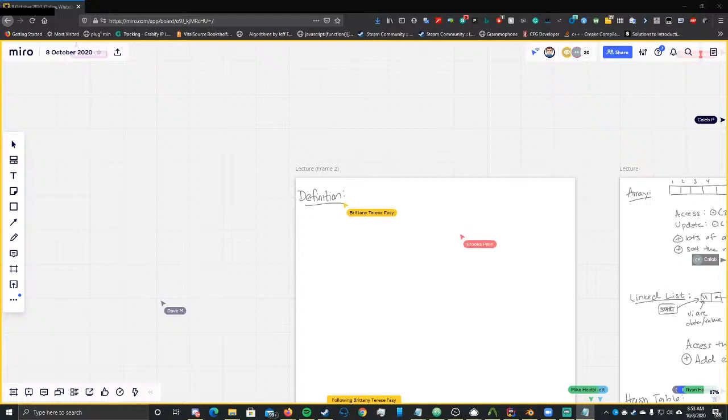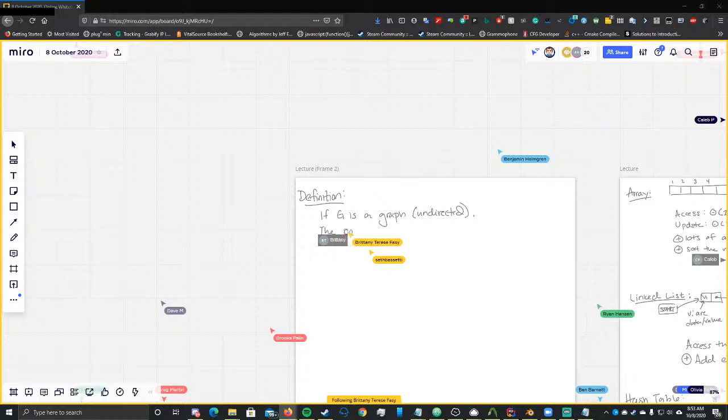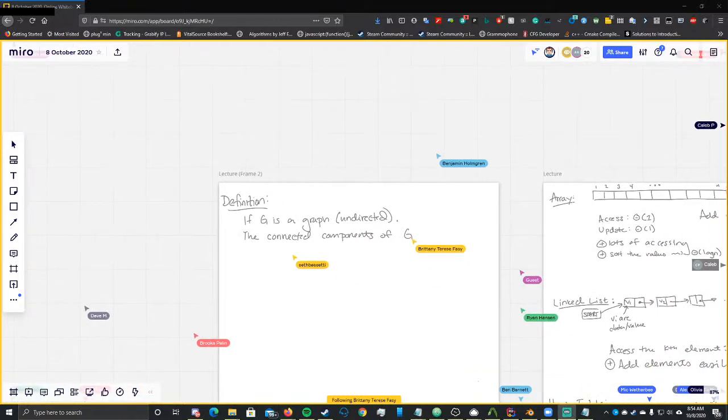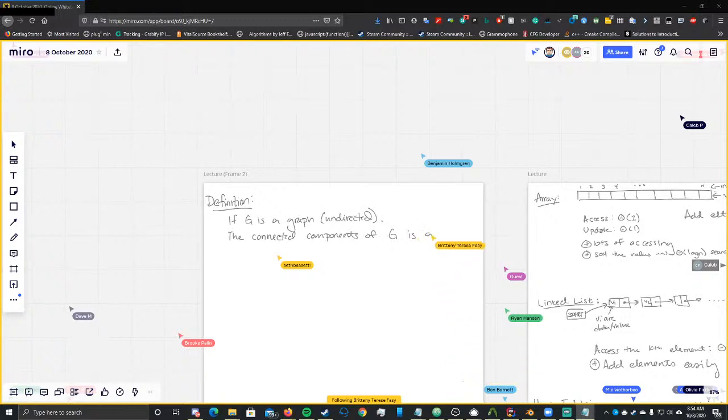Okay, so the connected components of a graph. So if G is a graph, we'll say undirected. The connected components of G are essentially a partition of the vertices, right, into vertices that can reach each other. Is a partition of the vertices